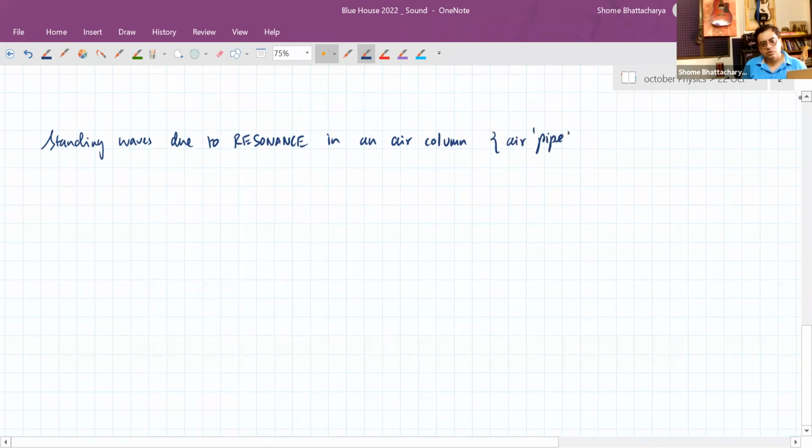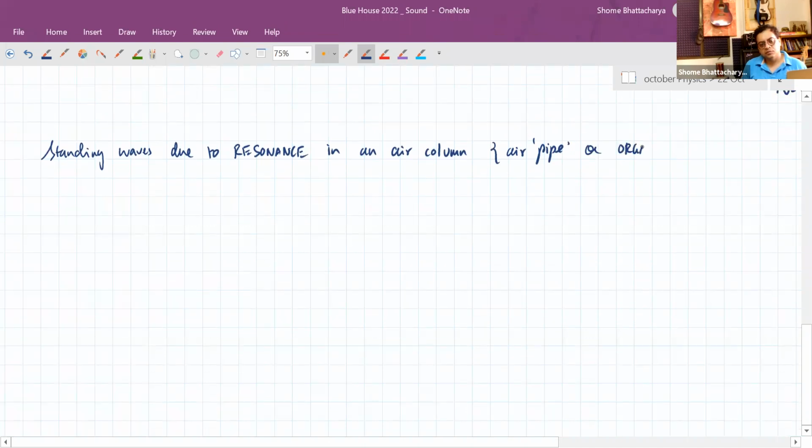Traditionally, we also call these organ pipes, the term organ coming from the musical instrument